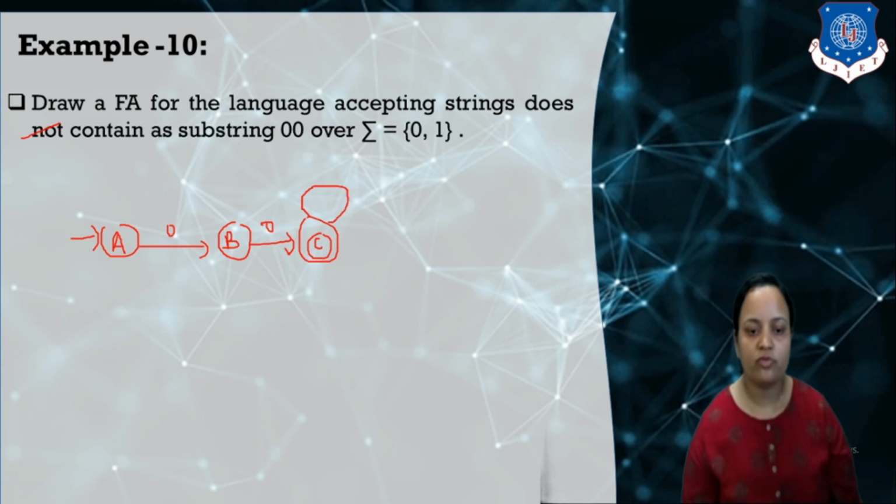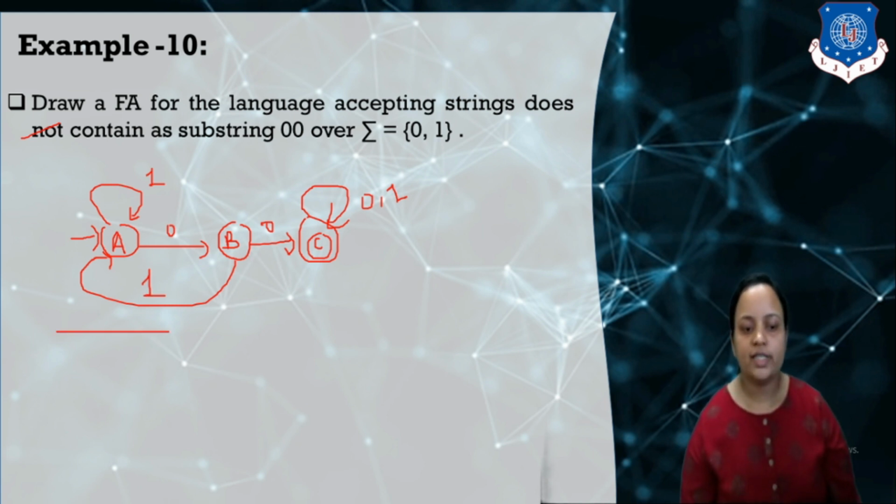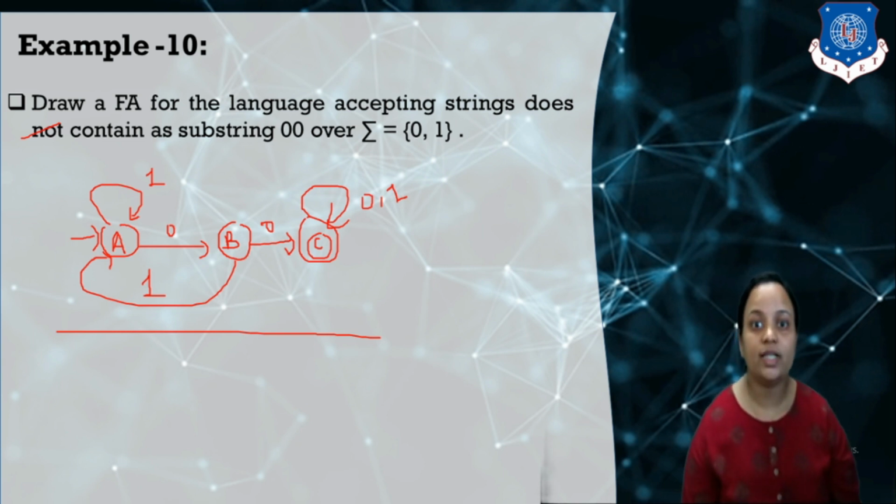Now complete this DFA. So this is a substring. So the last 1 1, this is a 1 and 0 is completed. Now the remaining input is 1, so we have to move this one over here. So this DFA that I have drawn over here is accepting the strings containing a substring 0 0.